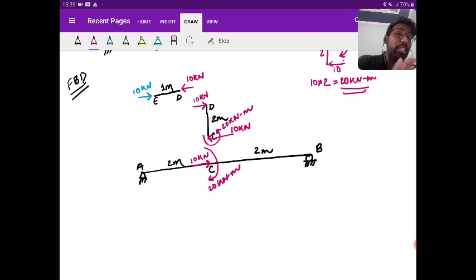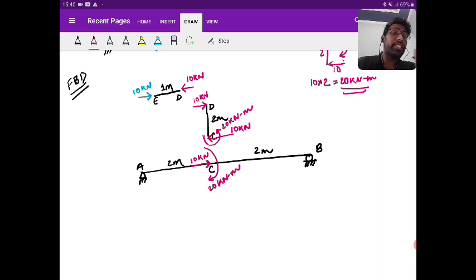Now I am balancing the joint D. So whatever force is acting in the left will be balanced by the opposite force in the right. So that is 10 kilonewton. Now I am balancing the joint CD. So if I am balancing the joint CD, 10 is acting in the right, so balance by 10 in the left, which is creating a couple. So this couple is balanced by the opposite moment, because again if I apply the couple to resist, then the unequilibrium condition will persist, which is not allowed, right?